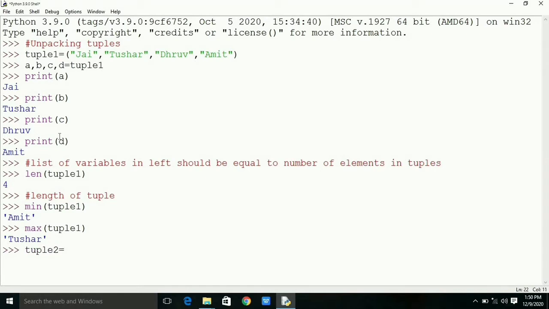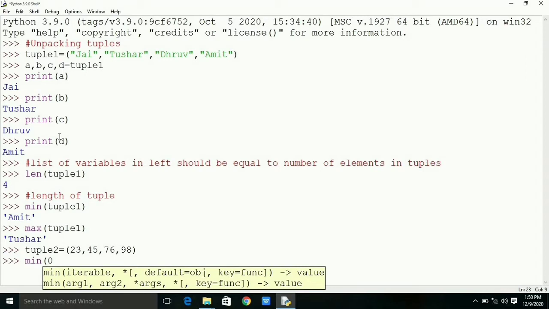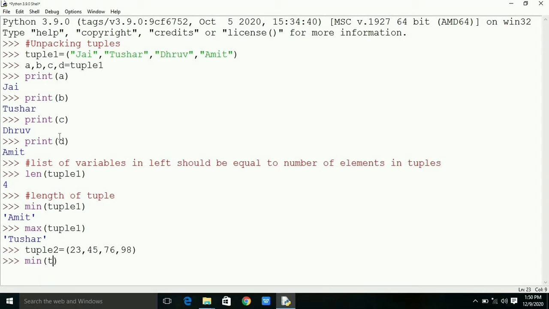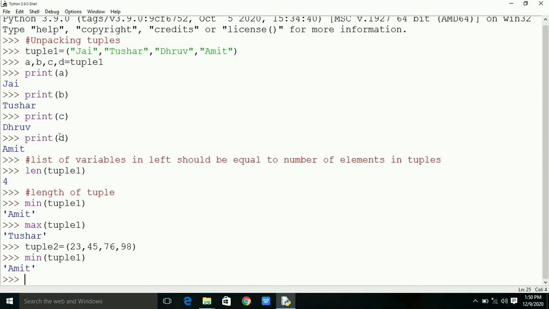If tuple 2 is equal to 23, 45, 76 and 98, then min of tuple 2 is equal to 23 and min of tuple 1 is equal to Amit. We can calculate the maximum value of a tuple by using max function.